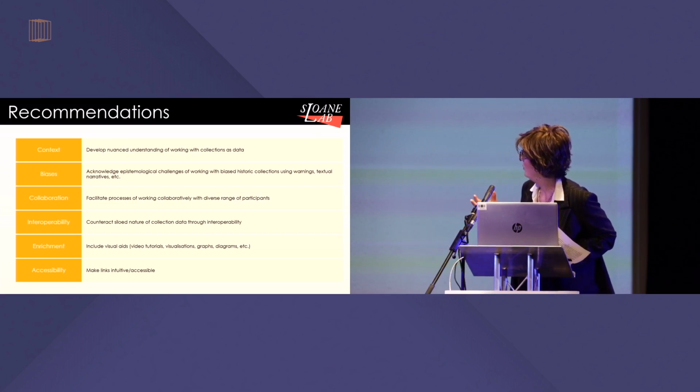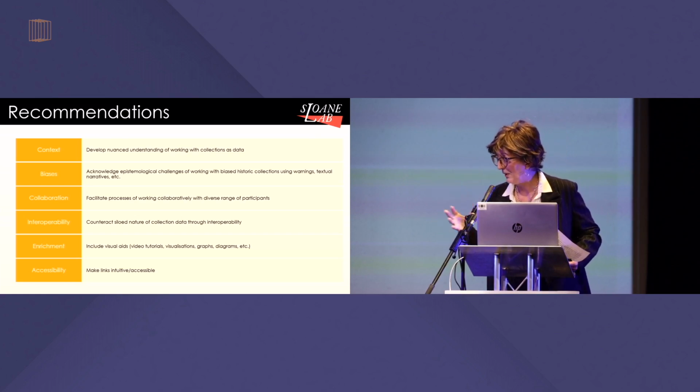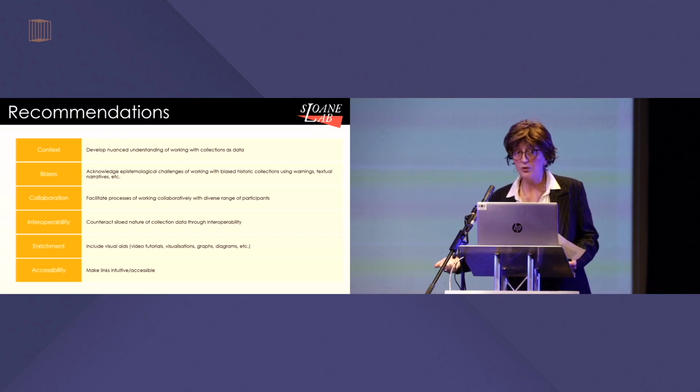Certainly we can say that people ask for nuanced understandings of working with collections. We cannot have just one view. We need to allow for a multiplicity of voices. We need to acknowledge the epistemological challenges of working with biased collections. And we need to facilitate a process of working collaboratively, which means equal relations, which means paying for people's contribution and time, which means using a language which is responding to people's sensitivities,